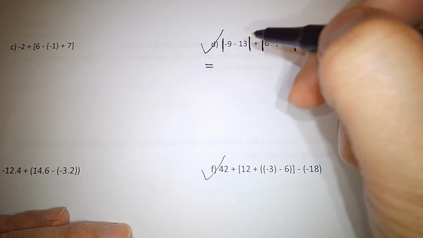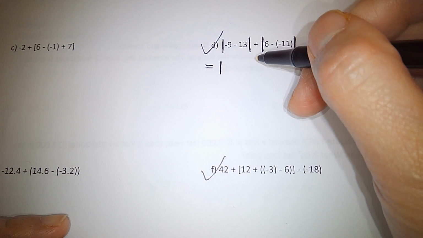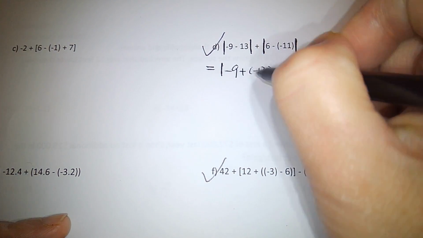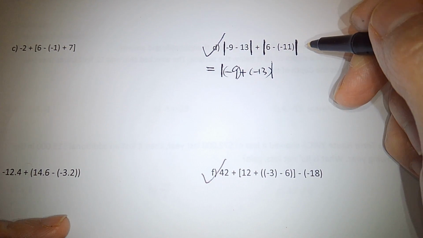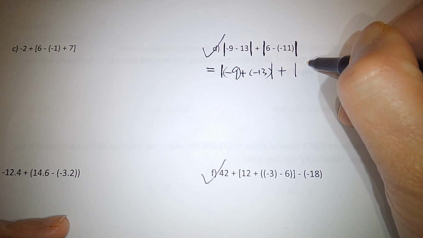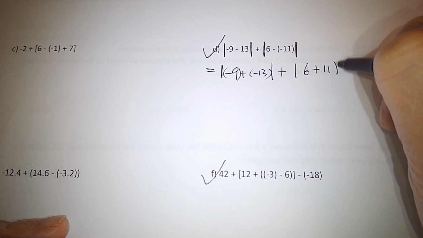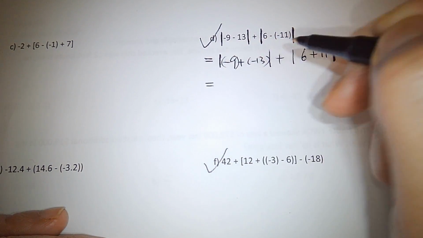So what I did is those two lines, and then I did negative 9 plus negative 13, plus 18, and then those two lines again. It's going to be 6 plus 11. Yeah, positive 11, right? Okay, good. And then after that,